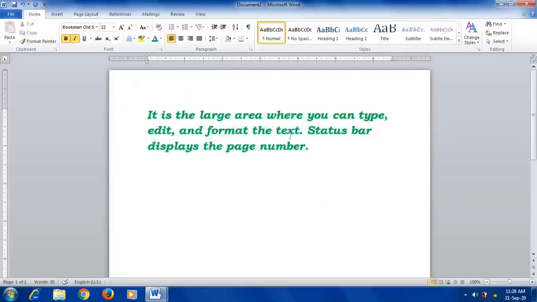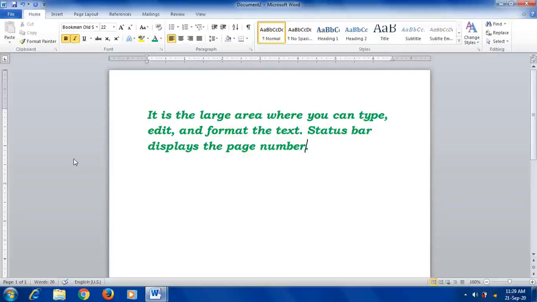Next is ruler. Ruler means this scale. So this scale is called a ruler. Now in a Word document we have two rulers. One is horizontal ruler and second one is vertical ruler. The horizontal ruler measures the width of the document page. So that width can be managed by using this ruler. This is the margin space, you can see it, and your right side margin is also indicated. So that is all about width. Next, the vertical ruler manages our height. Top and bottom margin can be set by using this ruler.